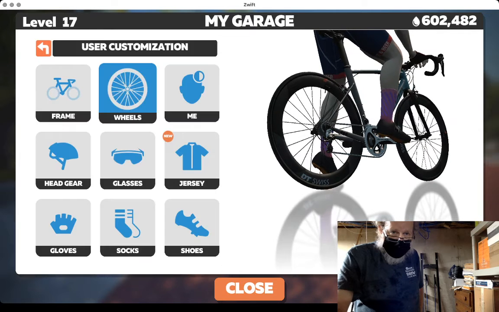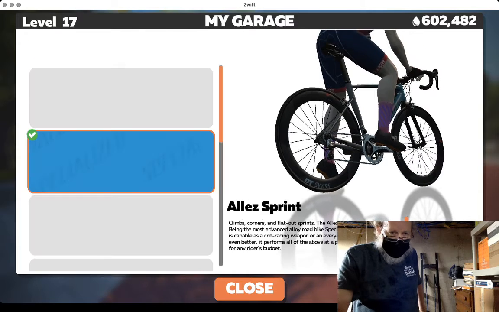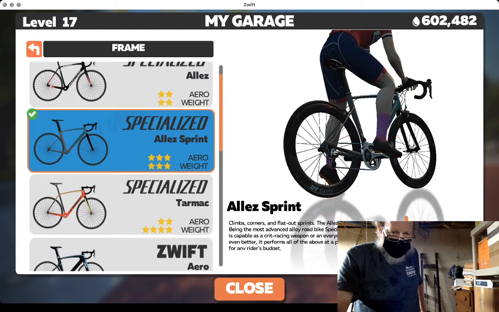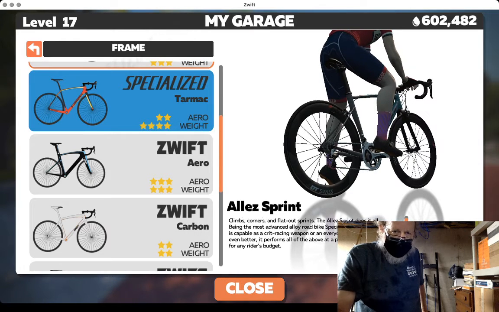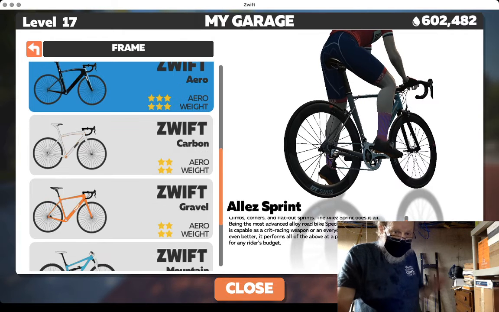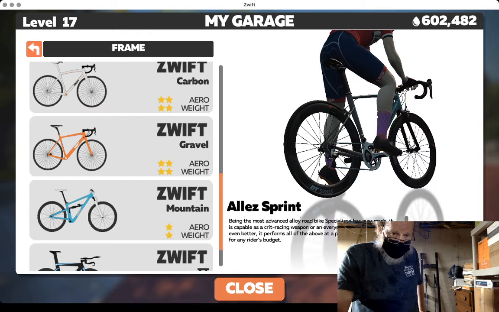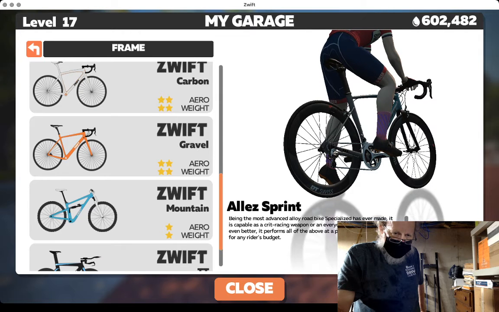We look at my bicycles that are in my garage, which are different from the ones for sale. I had a Specialized Alice for a while. The Tarmac was an award for finishing the Tour Italy Challenge. Zwift Aero was one of my early bicycles. Zwift Gravel was a recent acquisition because it's a good bike for some of the routes, especially new routes in Mackay Islands